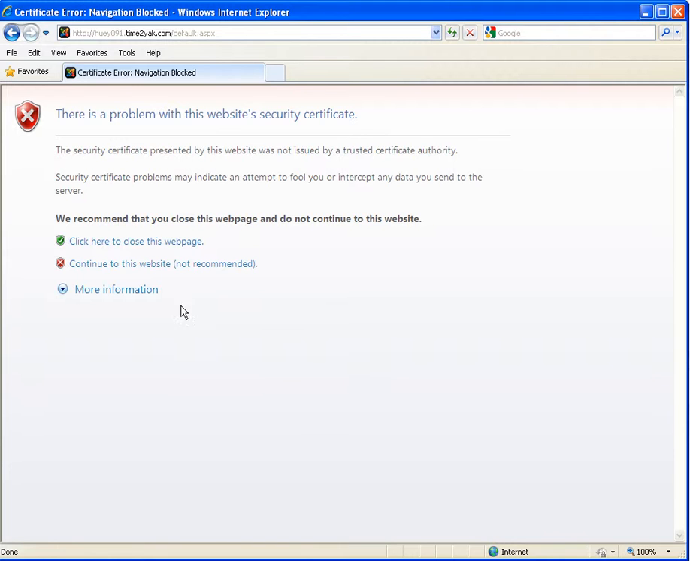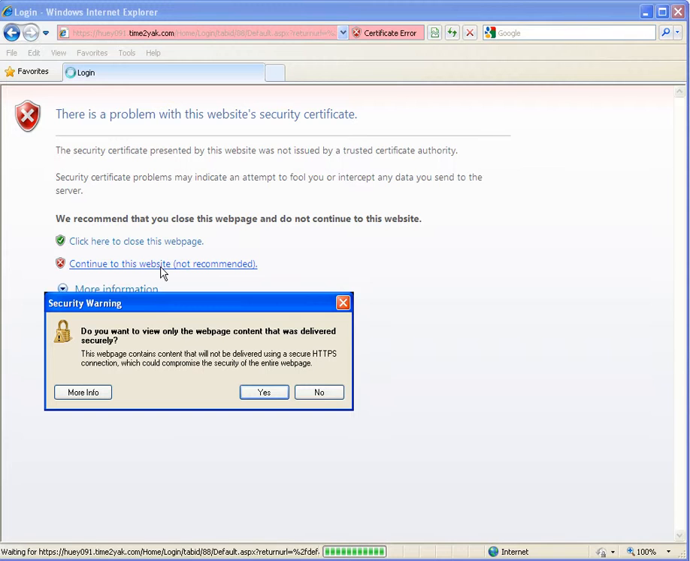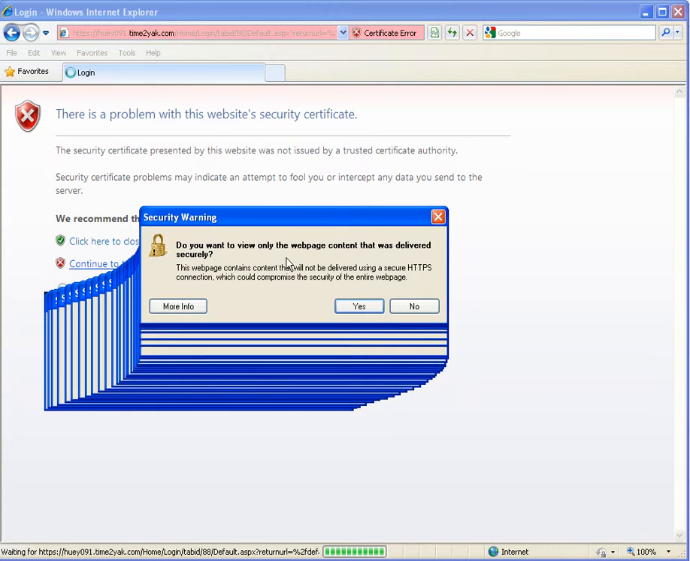So you can safely continue into this website despite it saying not recommended. The error message would look slightly different if we were in Firefox or another browser, and I'm going to click to go in, and I want to show you another warning we get. This warning is more of a long-term issue. This warning is because we have